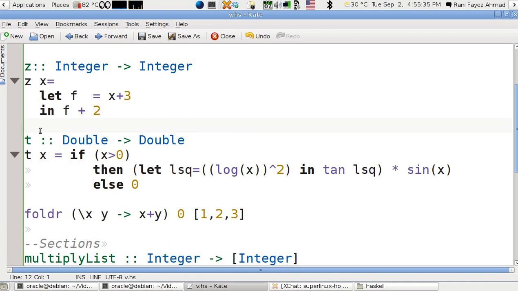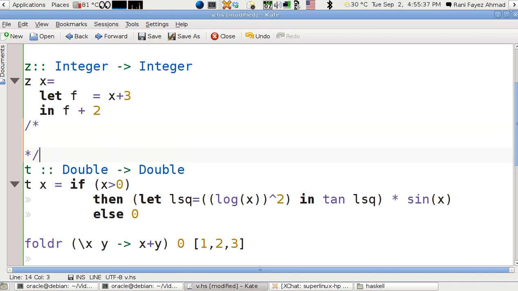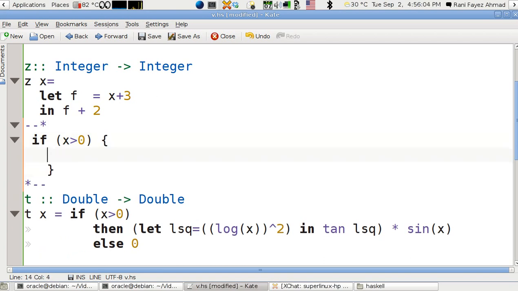Let's see, I'll write something here as if you're writing in C. You say if x is greater than 0, then, you close it like this, and you say directly that